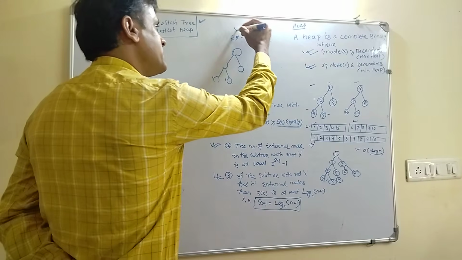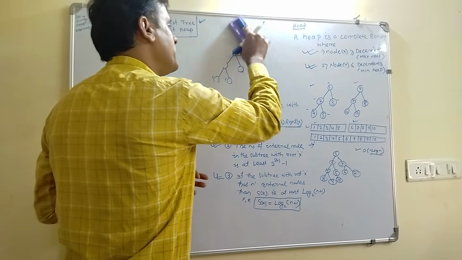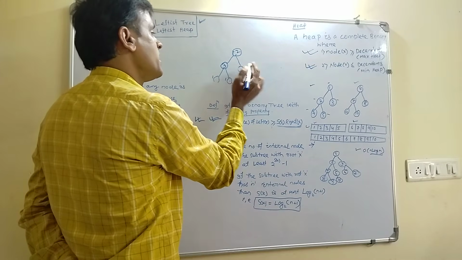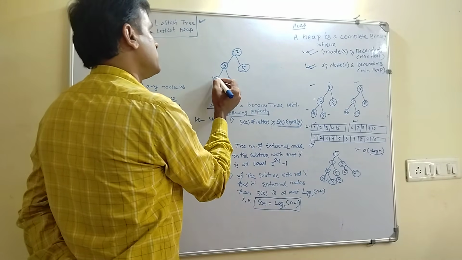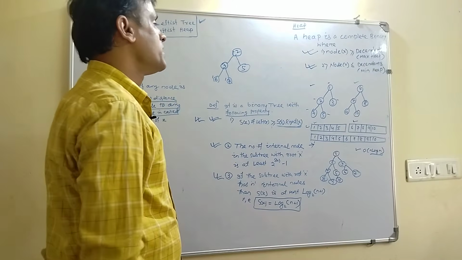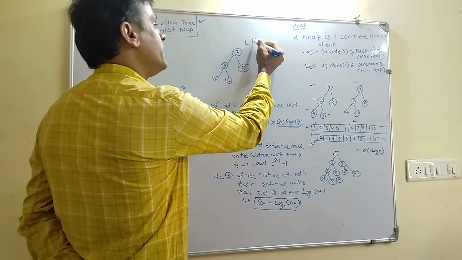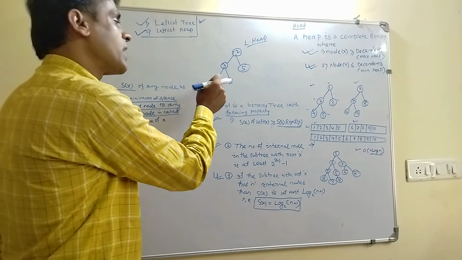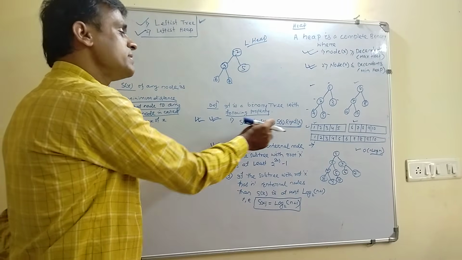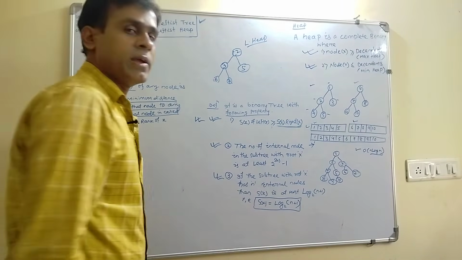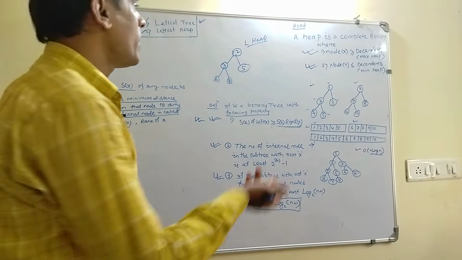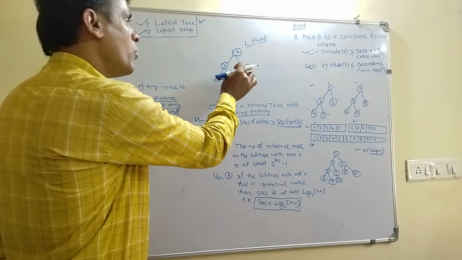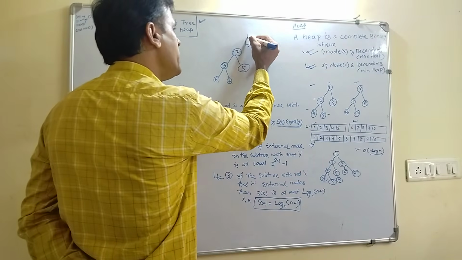This is a leftiest tree already, I told you. Now if you want to make it a leftiest heap, what is the structural property you have to follow? Suppose this is 2, this is 3, and this is 5, and this is suppose 6, this is suppose 7. Then this can be a leftiest heap, because for each node you calculate, the Sx value is greater than or equal to its right child Sx value. So that is called a leftiest heap. But if you want to represent it in the form of a min heap, it is not only a leftiest heap, it is a leftiest min heap.